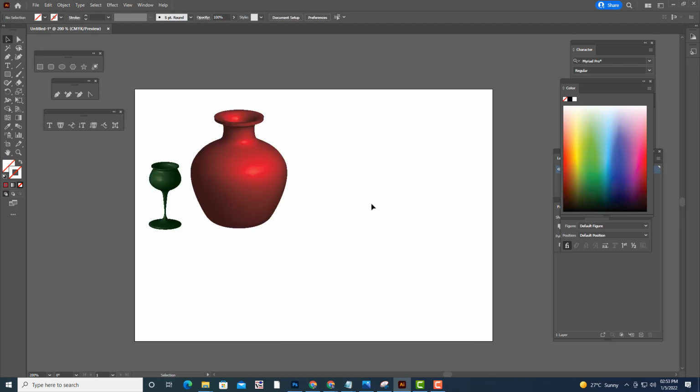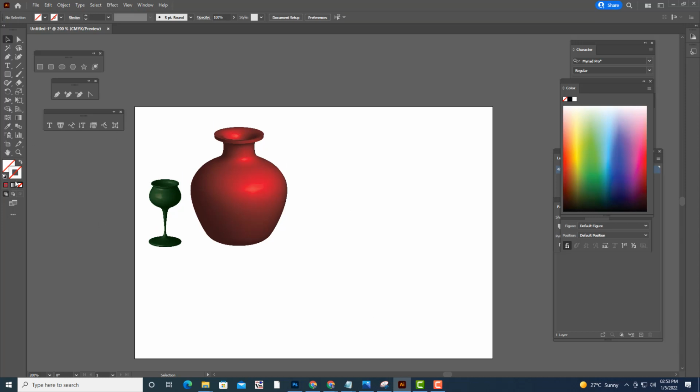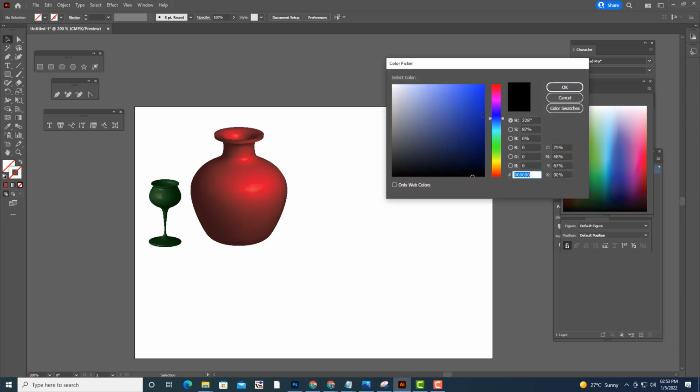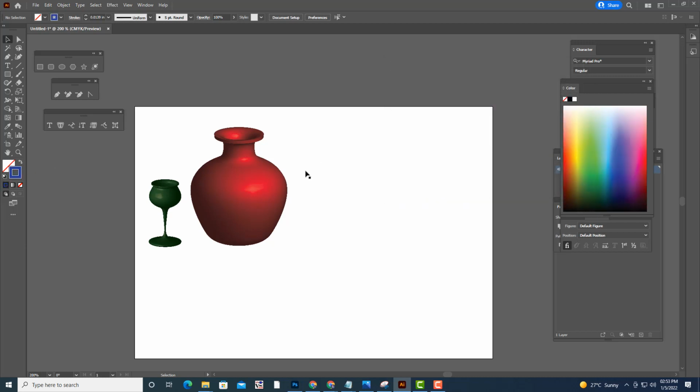Okay, so the next one is, so this time we'll select a blue color, okay, and then what I will do now, select the pen tool, and draw how the flower vase is going to be, okay, the flower vase, okay.